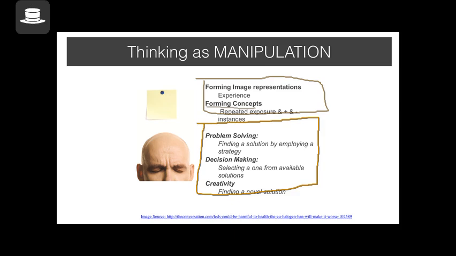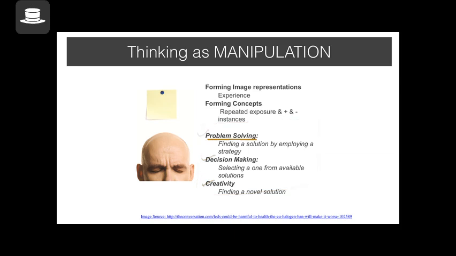but we're more interested in more complex mental processes of this sort. Basically, problem solving, decision making, and creativity. Now, if you think about it, these are all kind of similar. First let's look at each one of those individually. Problem solving is a process of finding a solution to a problem, which we typically do by employing a strategy. And we'll talk more about this in a second. So, problem solving is basically solving a problem, finding a solution to a problem.